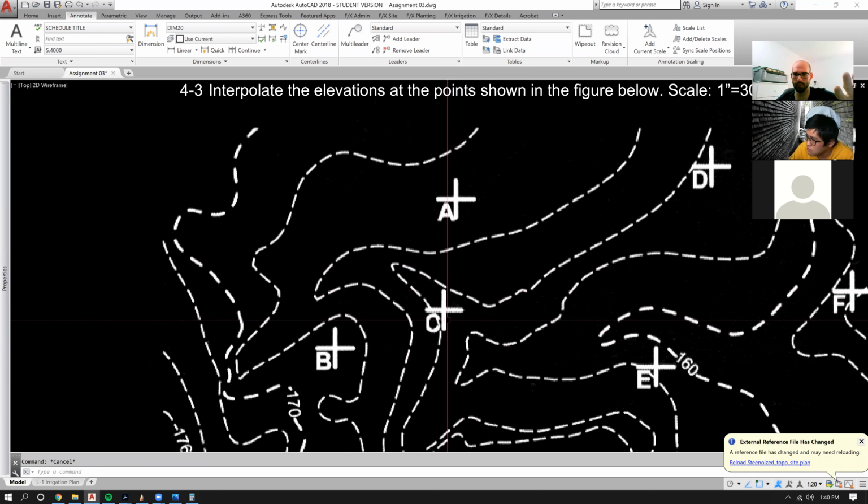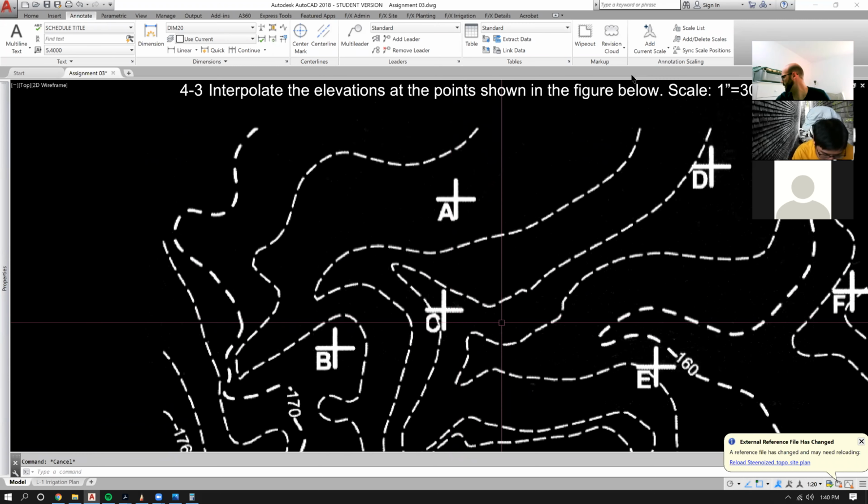There are several ways of doing this. Some people would look on their scale ruler and find a scale where from 0 to 1 is a similar length to the distance between 2 contours that you're trying to draw a line for, and they'll just count. If C is on